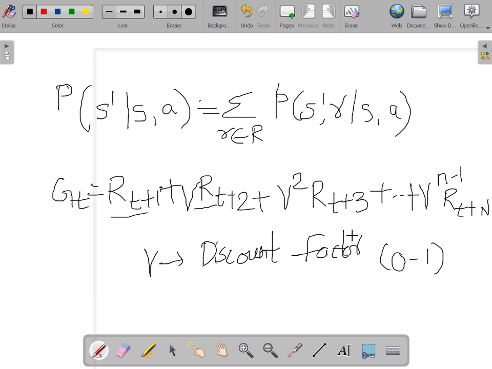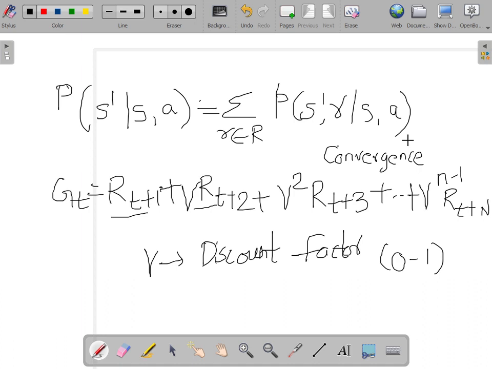So don't get confused. Simply, where there is no gamma, it means immediate reward, and every time, because of the discount factor, the reward value decreases until it nullifies the rewards. At one step it will nullify the complete reward value. The main purpose of this is that it helps us avoid calculating the rewards up to an infinite number of times, by reaching the saturation point, and that process is called convergence. What is that process called? Convergence. It performs until it reaches that process, which is called convergence.